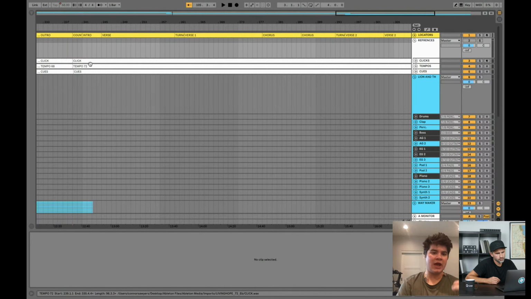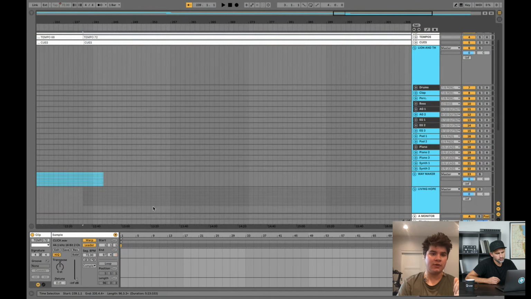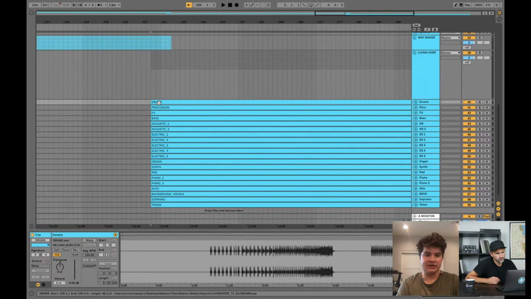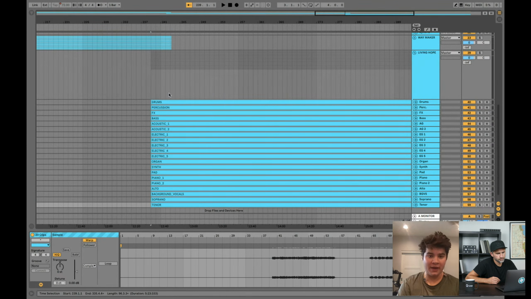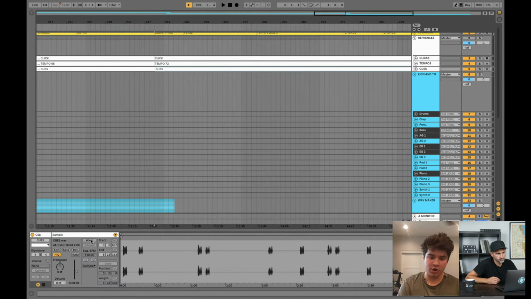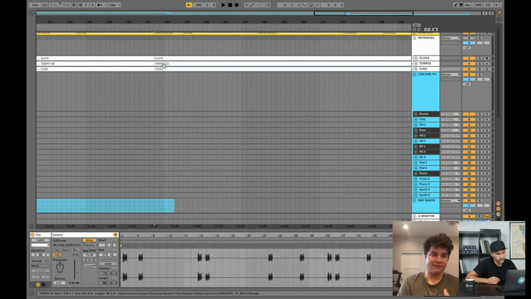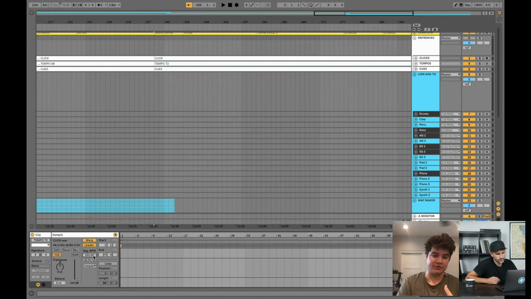Say I want to slow down Living Hope. Let's go through that. At that point, if I'm gonna want to change the tempo of Living Hope, then I'm gonna want to warp everything, my cues, my drums, everything. After that, I've slowed them down, I've warped them all. Then you're gonna go to tempo, and you're gonna be able to easily switch it to whatever you want. You can go all the way up to 999. It's super flexible. But say I want to go to 70.